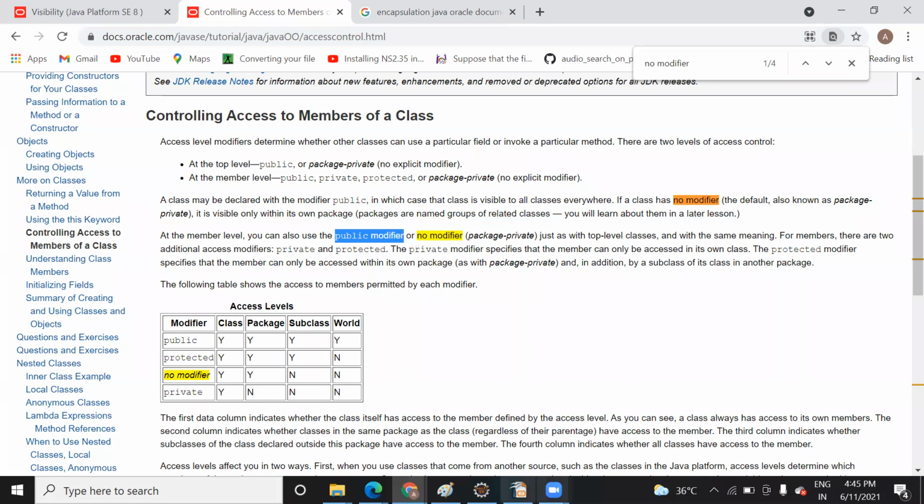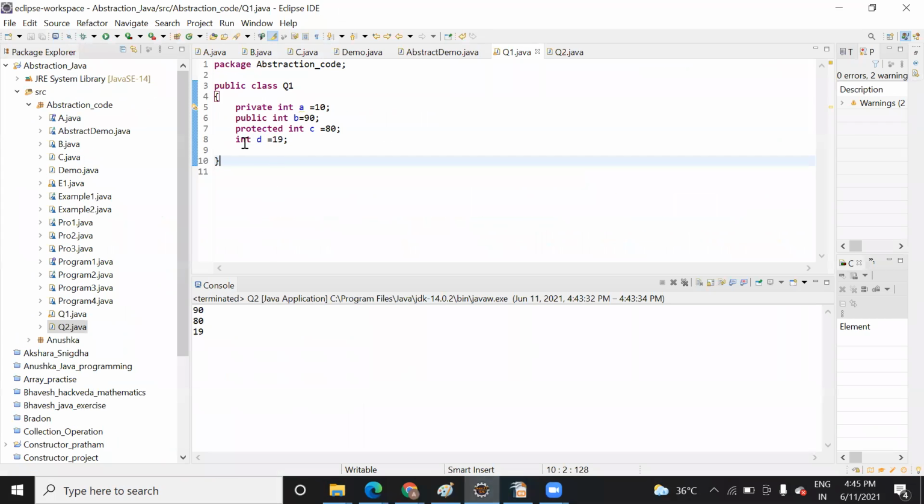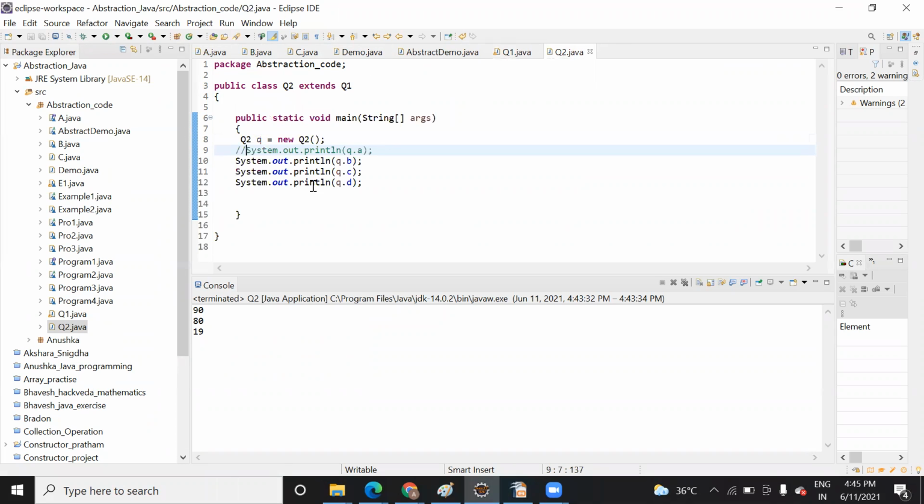That's why, when I have not declared anything, that means there is no modifier, that is default, and it is accessible in my subclass. So you can see it is accessible in this class, accessible in the subclass, that is your q1. And it is accessible in the package also, because in this abstraction code it is accessible, right? So it is accessible in all three. So by default, if you do not declare anything, it will be public.